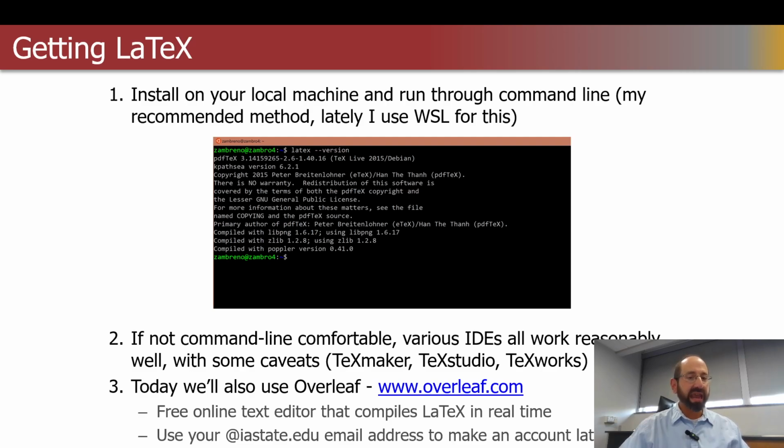So one step can be to install LaTeX directly, then install an IDE for it, like you would when starting with any other new programming environment or new language. You can still do that. There's TeXmaker, TeXstudio, TeXworks. There's a bunch of other competing IDEs. A lot of them are open source and free. They're all perfectly fine. I have this here in the slide to consider doing this, but I have at least